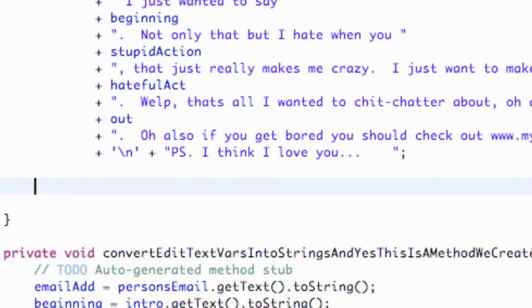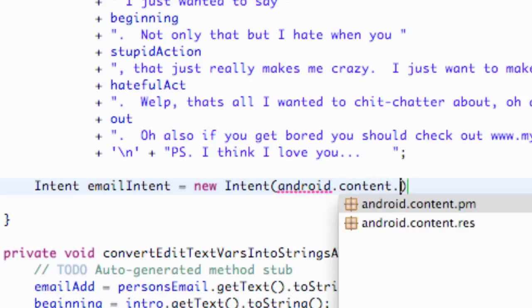And so what we're going to do first is set up an intent, just like we set up all other types of intents for the most part. So we're going to say Intent, and we're going to call this emailIntent, something like that, and hit enter. And then again we have to import the Intent and say new Intent, just like always. And this time what we're going to put in the parameters is we're going to reference something from the Android SDK, and it's going to be called android.content.Intent